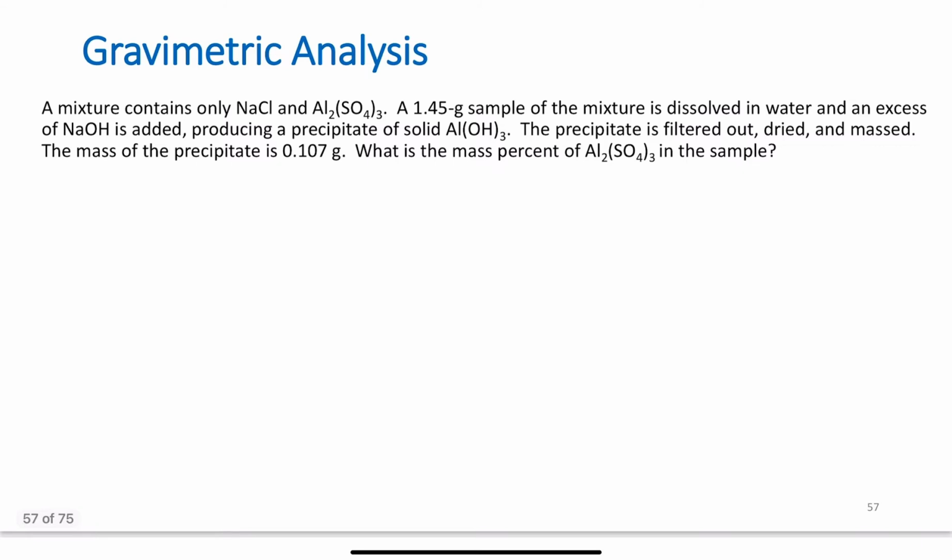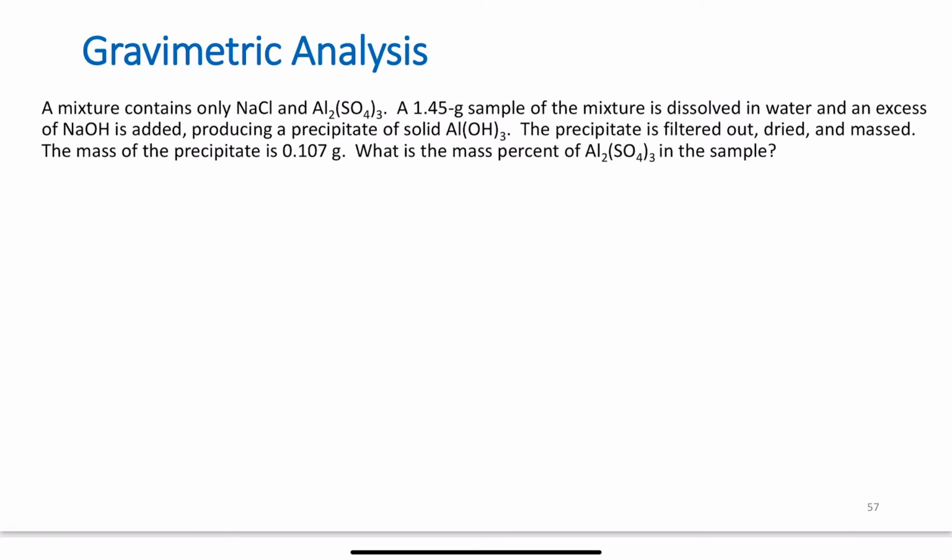Last thing I want to talk to you guys about is gravimetric analysis. Gravimetric analysis is a way for us to determine the composition of a sample based on a reaction. So we're going to take a mixture of something, dissolve it in water, and then add a different compound to it that's going to cause something to precipitate out. Once it precipitates out, whatever precipitates out is a specific compound. We're going to analyze that, and we can then back calculate to figure out how much we had of something